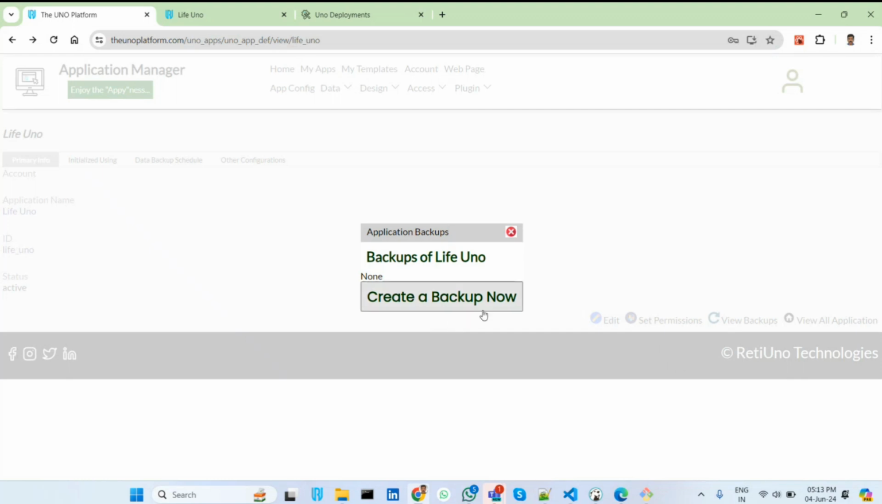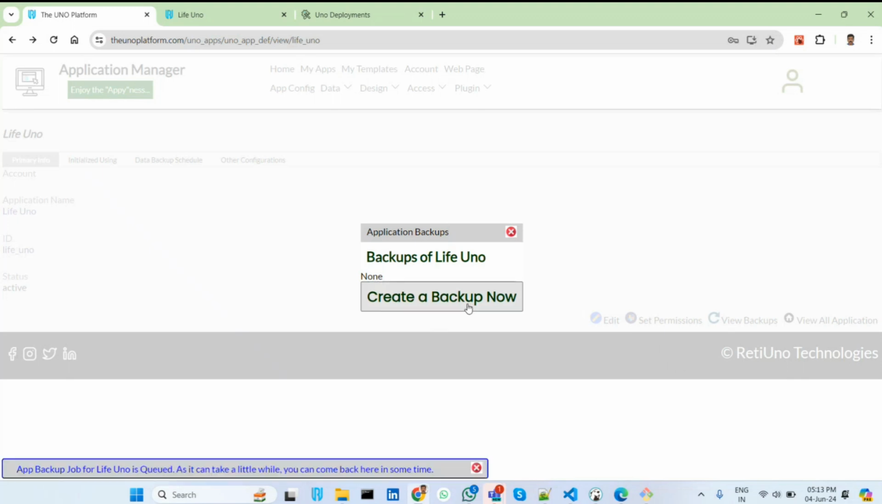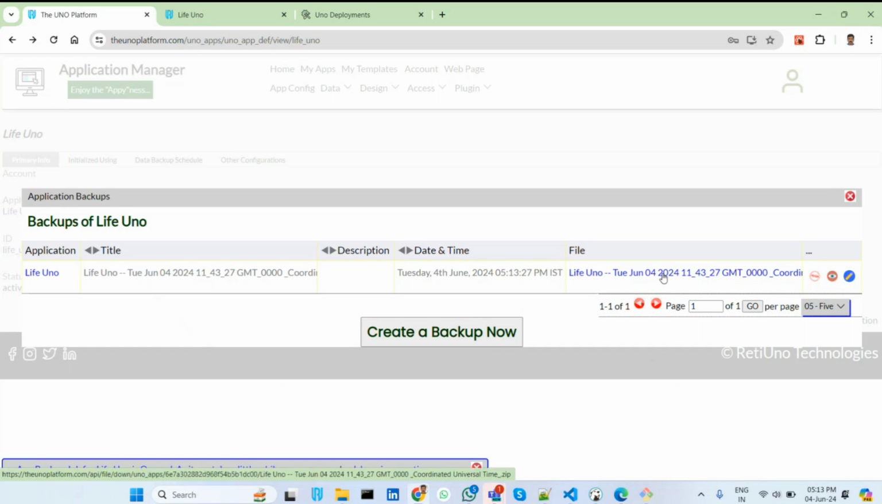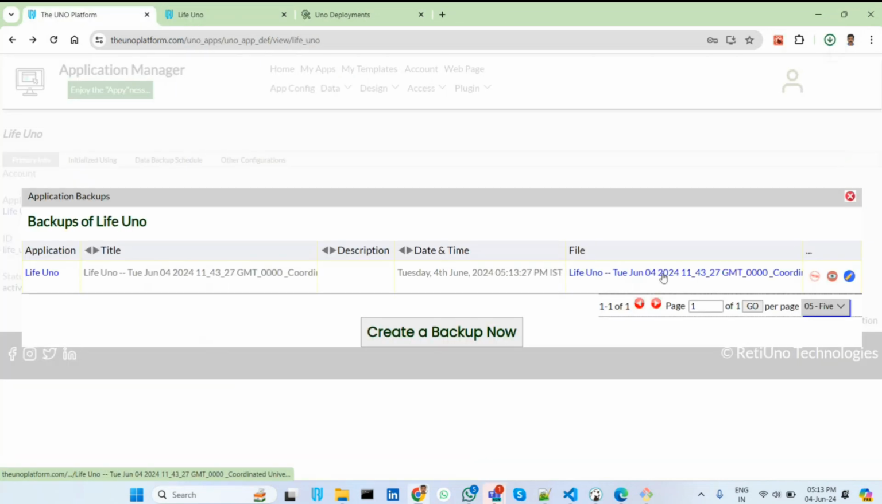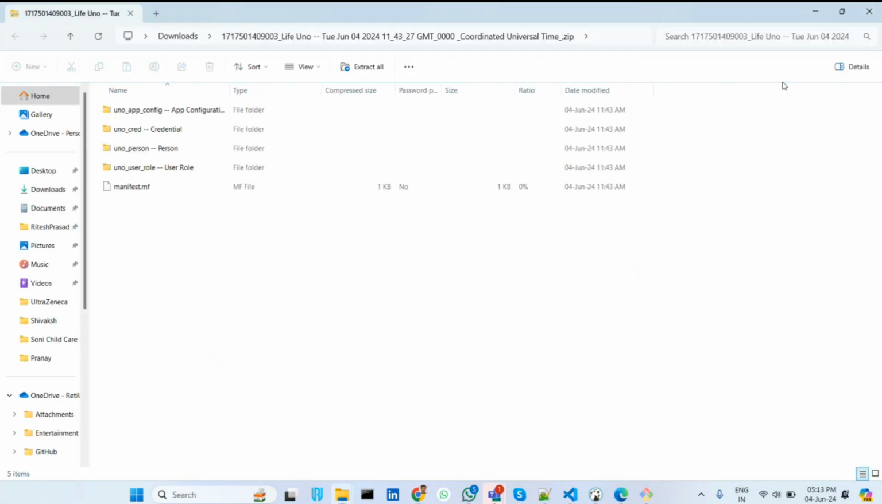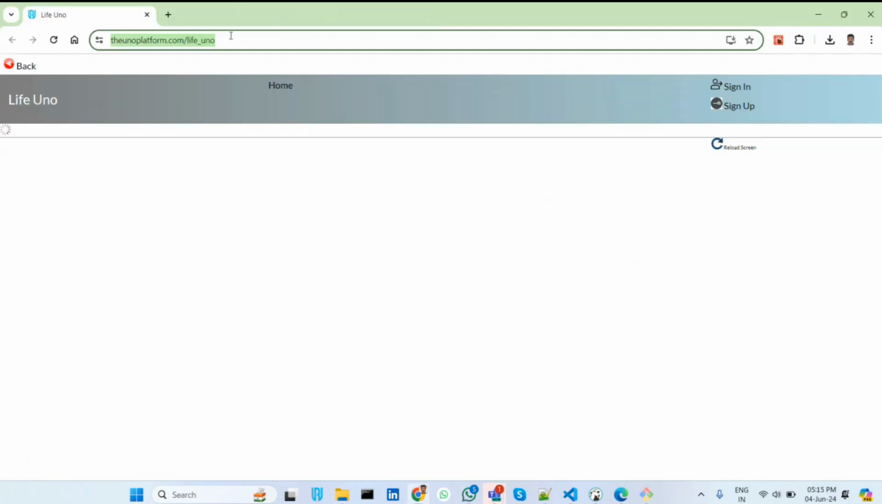Okay, so right now practically it has nothing. Let's take a backup. It's an on-demand backup, right? So let me take a backup, and in a flash, the backup is created because the data size is very small. And I can download this file by clicking the link here. And once I unzip the file, I will see what are the contents of that application. So practically, it has only 4 types of entries created so far. Now you can also access this link